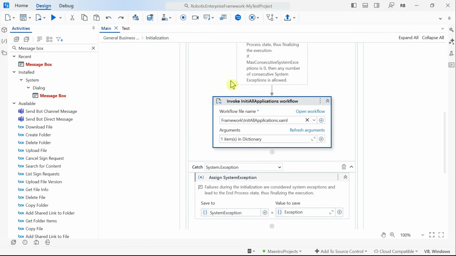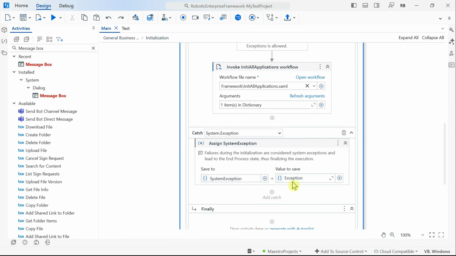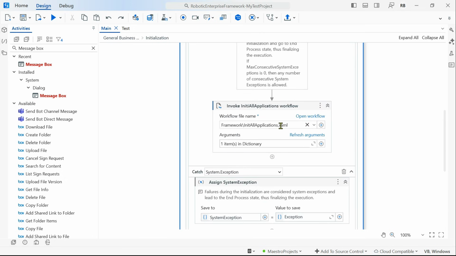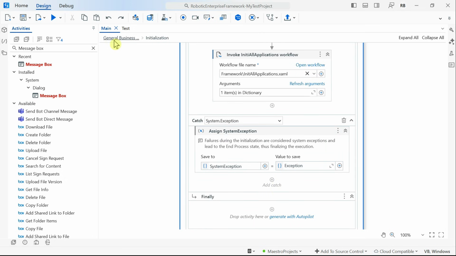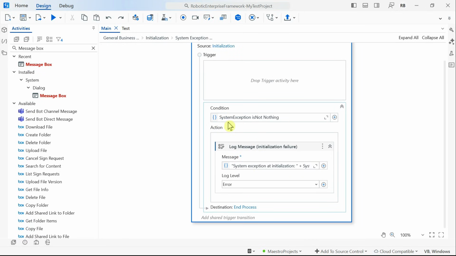Now, while opening this, if there is any kind of problem, then there is a catch section which will catch that exception. And then finally, it is all blank. And if an exception is caught, then what happens? Here, the transition gets activated. And in this transition, if you open it, here it is written system exception is not nothing,